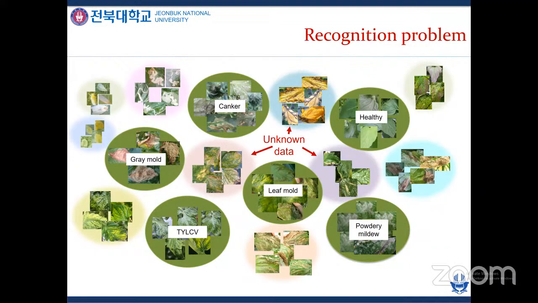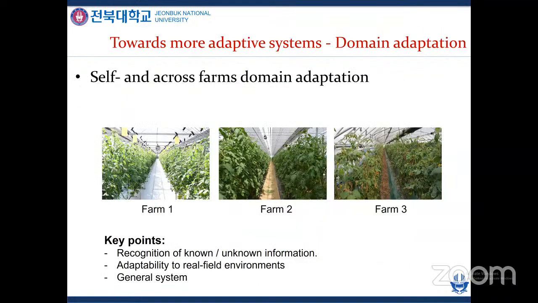as a response. So our idea was to use a concept of self and cross-domain adaptation. We took features from one farm and put them into the second farm and trained the model again. It comes from the concept of transfer learning, but in this case we mainly use it for domain adaptation. The key point in this work was recognizing not only known diseases, but also recognizing unknown diseases